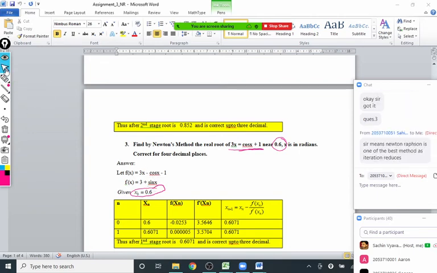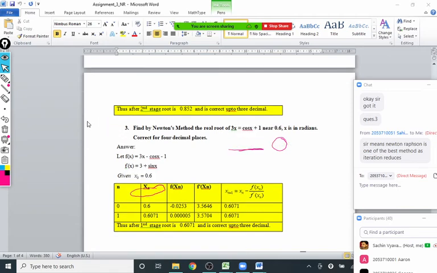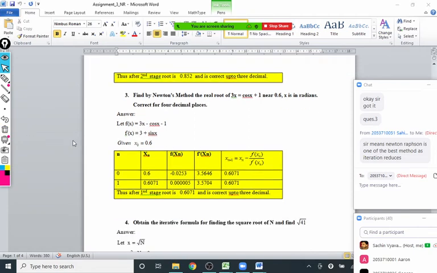I think you got the answer. Yes, correct, Sahitya. The Newton-Raphson method is one of the best methods to get the roots of an equation because it is faster convergent, and that is the main thing. Okay, and it gives us more accuracy than the other methods also. But in an examination, whatever method is asked, that only you have to follow there. So 3x minus cos x minus 1, that you have to solve at 0.6.